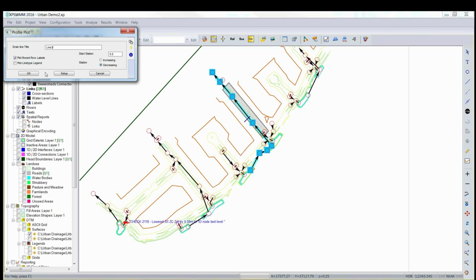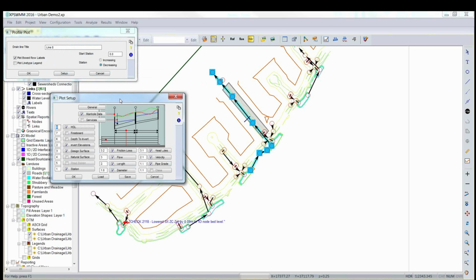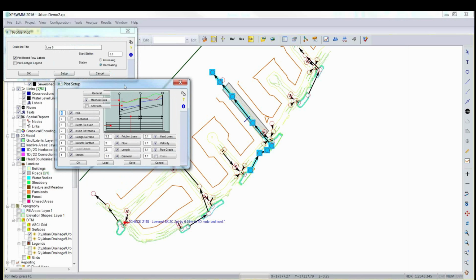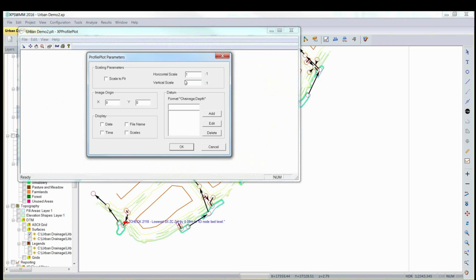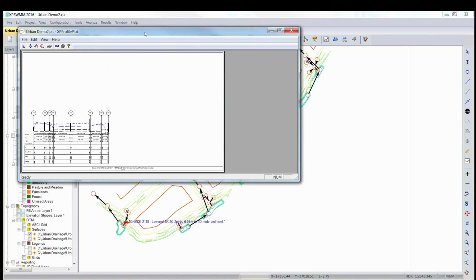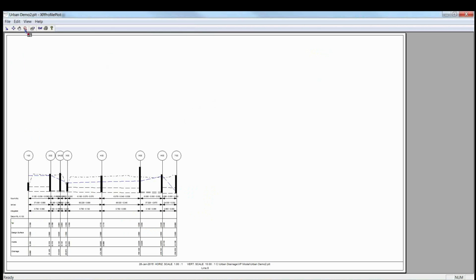Under our setup option, we can change what parameters we put on our output. So we can put freeboard, depths to invert, and you can customize this for your own company standards. But I'm just going to go with our default setup for today's example. Hit OK. I'll take scale to fit off and type in 1:10, but effectively on these combinations we've got to consider the paper size. I think this is an A3 piece of paper, not an A1 piece of paper. Hit OK, and I now have my long section, and if I just do a little zoom in here,